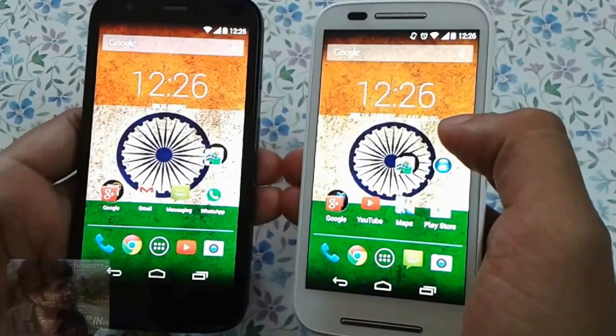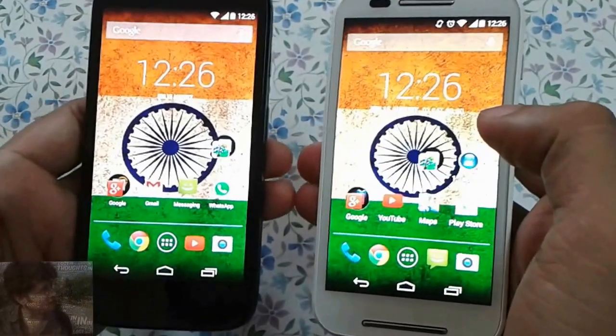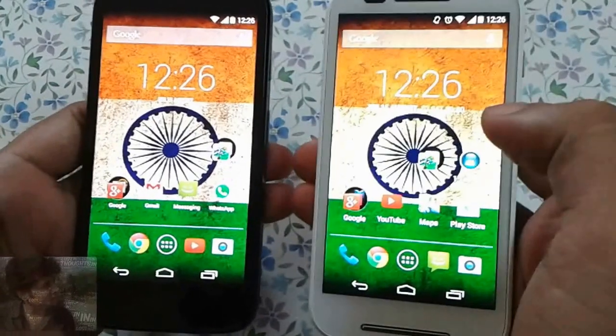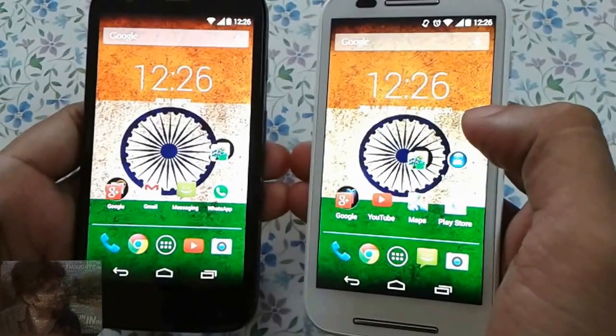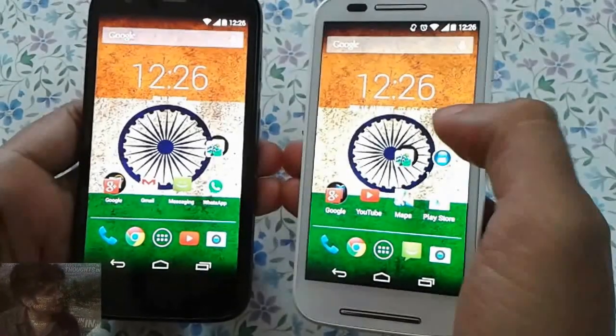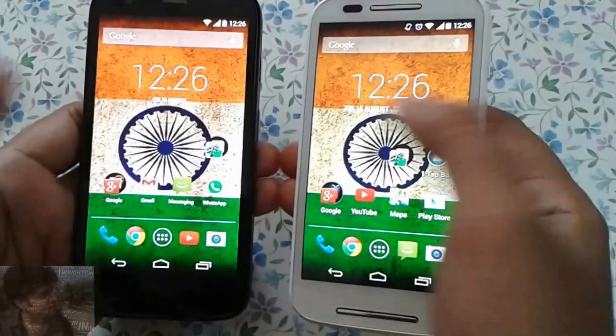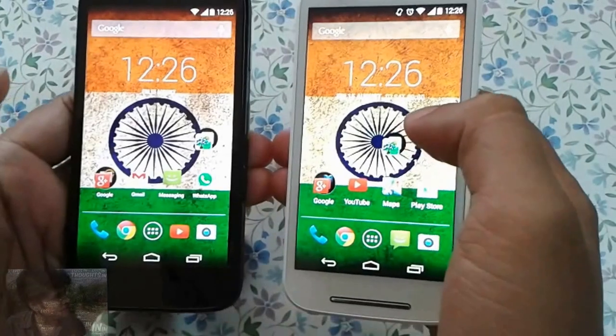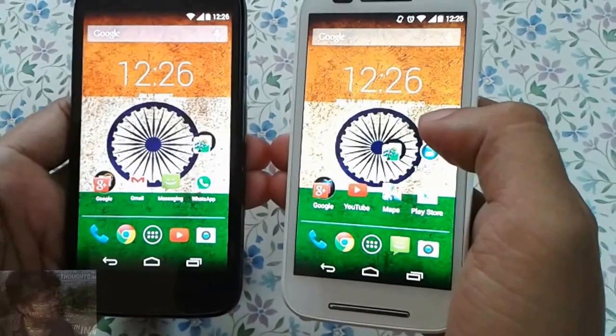Thirdly, the processing speed. As Moto G is providing you a quad core processor and Moto E is providing you a dual core processor, you will have to compromise there, because while I was using Moto E, I found some considerable lags, whereas while using the Moto G, I found no lags at all.